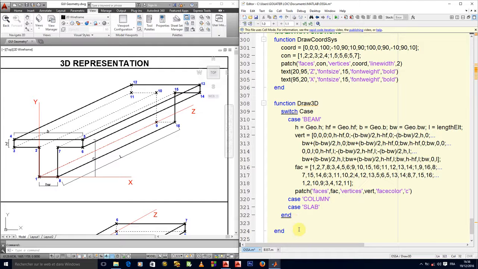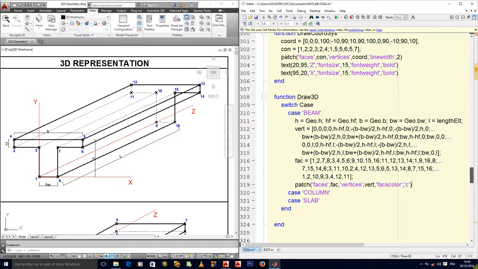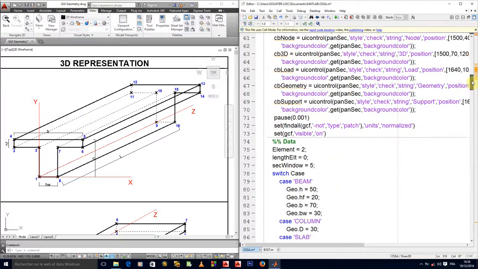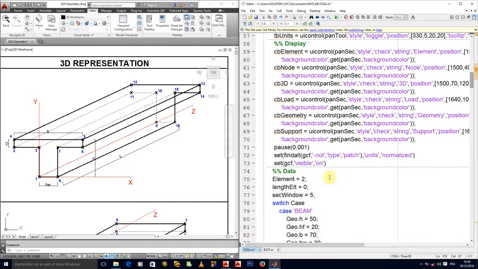So what is left here is just for us to try. I would like this to be drawn just for us to see. What's the function name? Draw 3D. Let's execute draw 3D at the opening of our figure. So we'll just call the function draw 3D. When we call it like that, it goes and executes the code that we have written inside draw 3D. So let's try that.